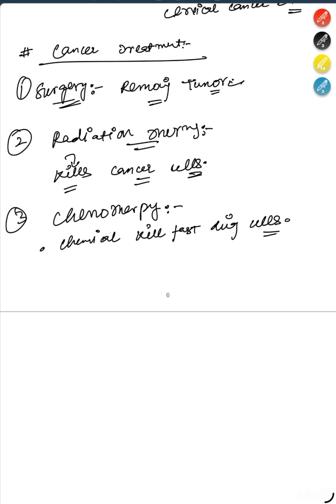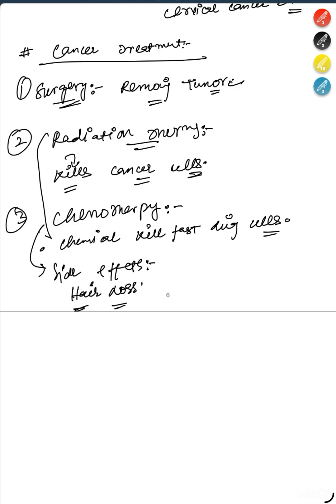Fine. So basically these radiation therapy and the chemotherapy, they have got some side effects. What are those side effects? They cause hair loss. Fine. Because normal cells are also affected. Why affected? These chemotherapies and radiation therapies target the cells which are repeatedly dividing cells. For example, your eyebrows, your hairs, they are repeatedly dividing. Although they are normal cells, they also have the property of repeatedly dividing. So chemotherapy and radiation therapy don't target only the affected cells. What do they target? All the cells which are repeatedly dividing.